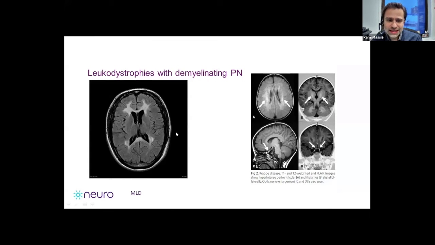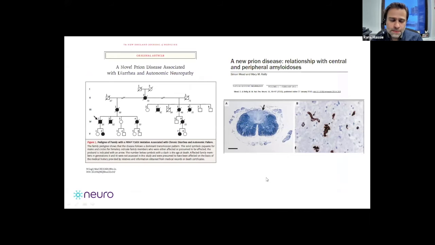If you're convinced this is inherited, but your CMT panel is negative, consider doing a brain MRI. Usually they have obvious CNS dysfunction as well. So metachromatic leukodystrophy is associated with a demyelinating neuropathy, and globoid cell leukodystrophy or Krabbe's disease is also associated with that. And finally, just one quick word on this very interesting